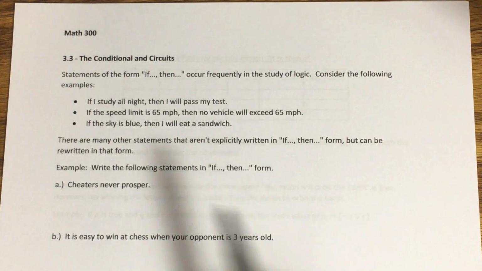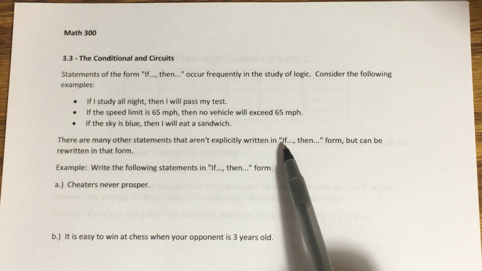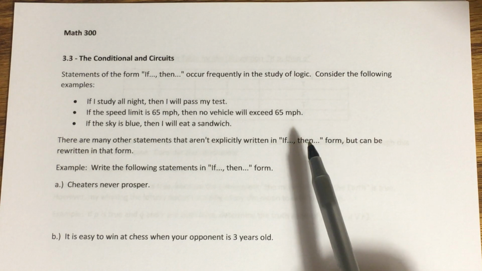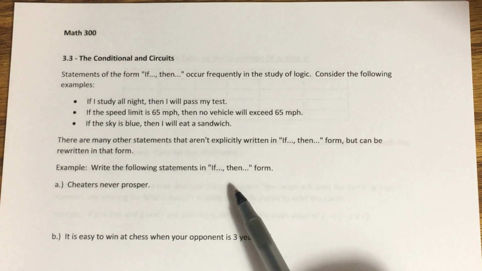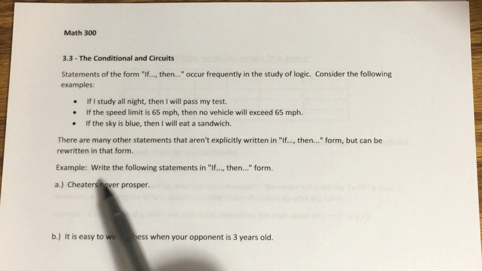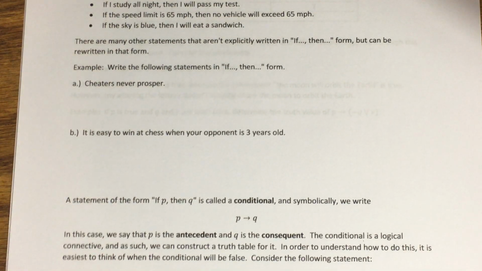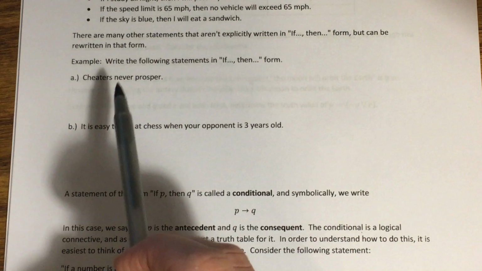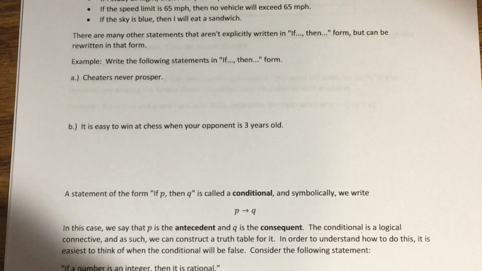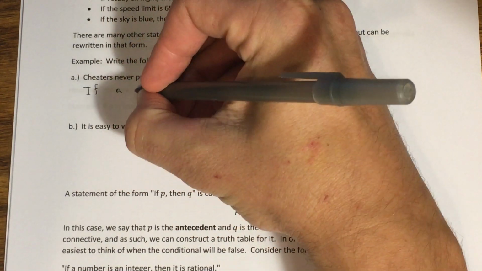Now, there's a number of statements that are not necessarily written in the form of this if-then type of statement, but they could be rewritten in that form. So I like to call these conditionals in disguise. To give you a couple of examples, we want to take the given statements here and here and rewrite them in if-then form so that we can see that they are in fact conditionals. Starting with this one, cheaters never prosper. It doesn't look like it's written in if-then form, but notice if I were to say,